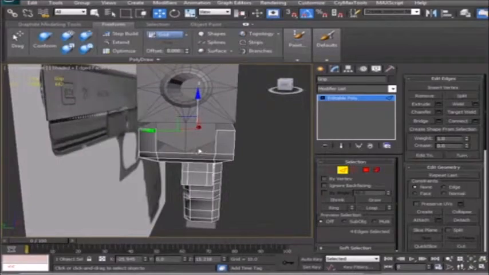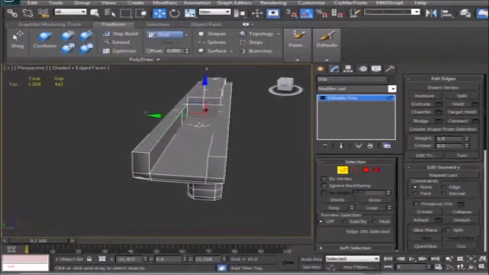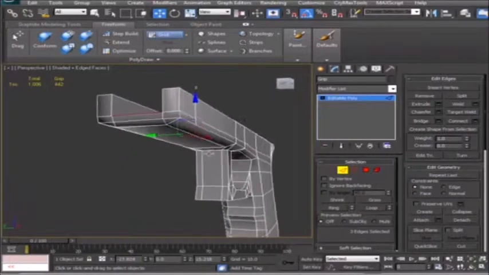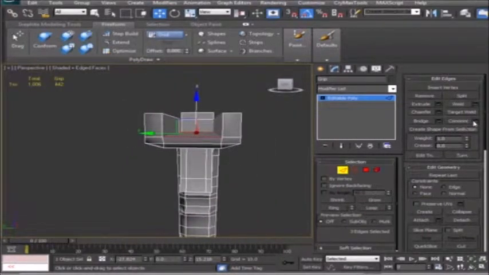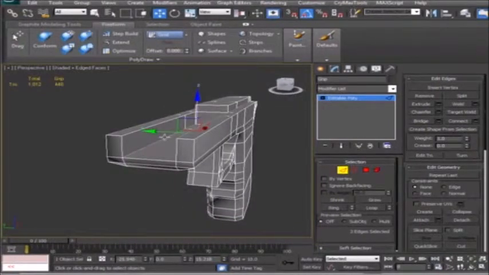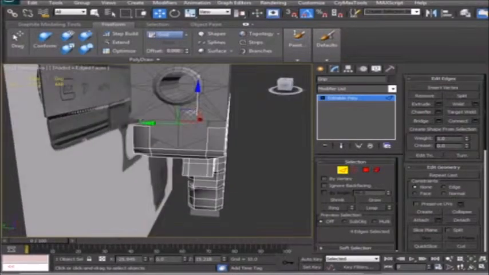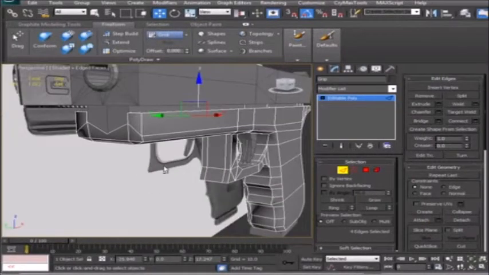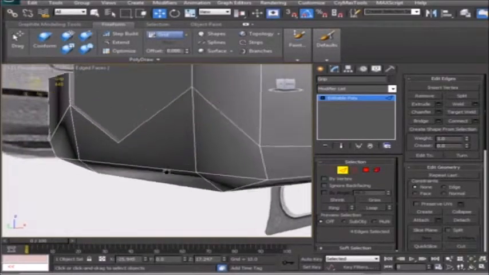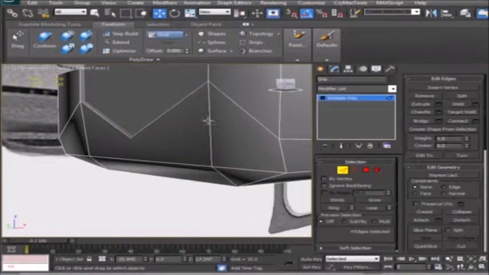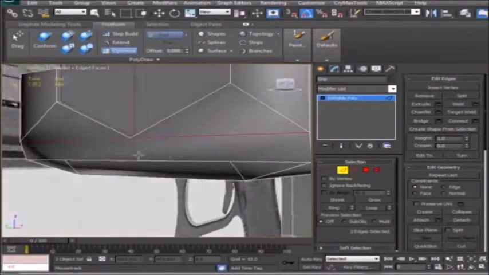That's not split. Should have seen that. So I can easily fix that by just hitting it with a connect. Now I can get these. Unhide all. You can see it got pretty ugly in the front here. So what I could do is get rid of those edges and instead connect it across this way,